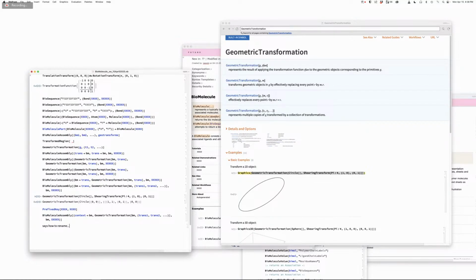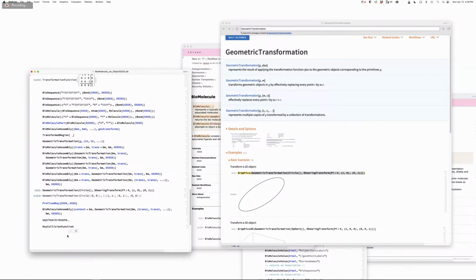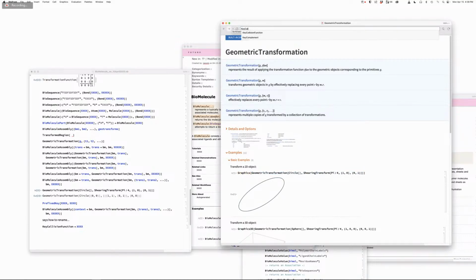The other thing that we could also do is a key collision function that we have in a bunch of functions. So maybe biomolecule assembly could have a collision function, which is a key collision function, because they are going to be associations typically. The case where it's lists, I don't know, that's a weird case. So maybe that's the right way to do it. And the key collision function has a variety of things it can do. I think it takes the two keys and it returns. I'm not quite sure how this best works, but